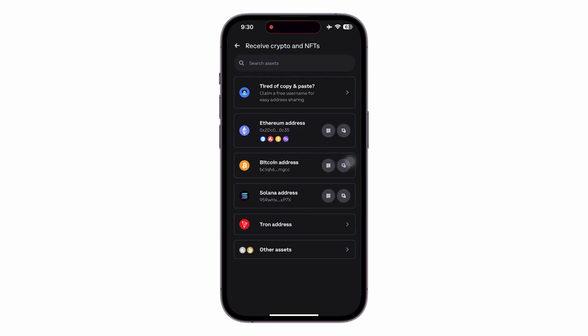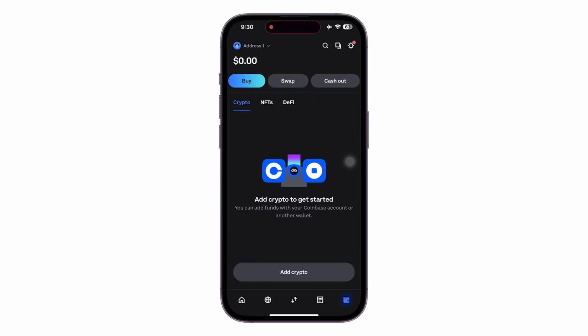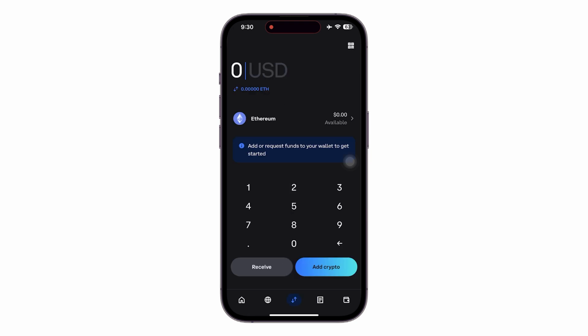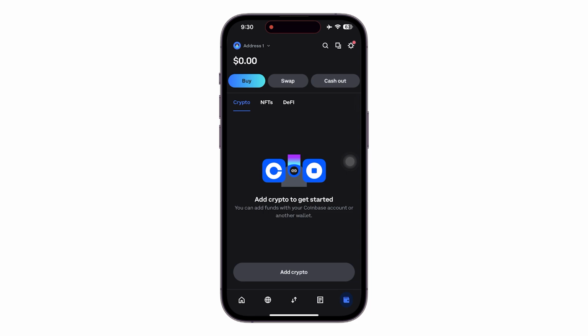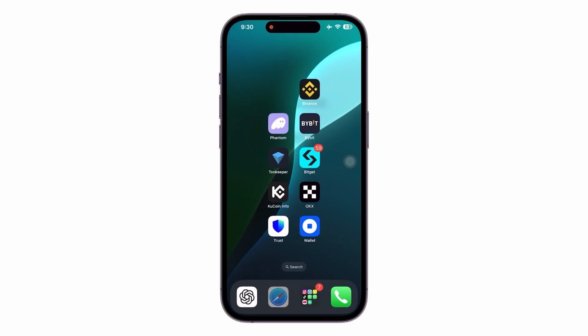So you can simply click on receive crypto and stuff like that. That is going to be helping you to simply get your account credited. But in case you want to simply convert your assets, you can use maybe the conversion option. We have swap in here that is going to be only available once you have your wallet adjusted, but you